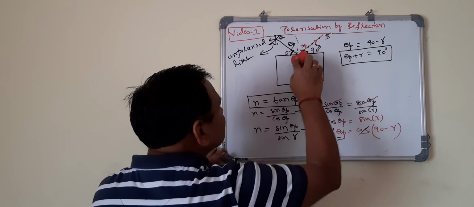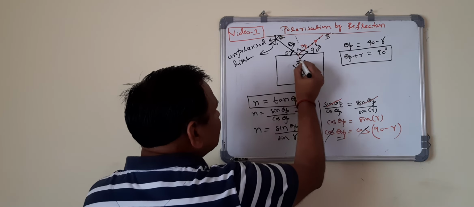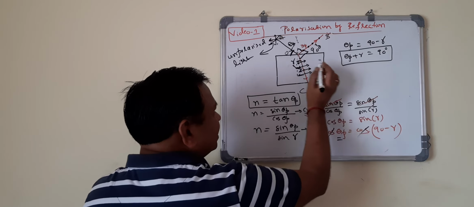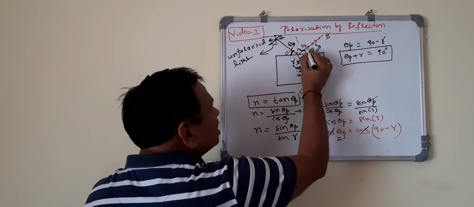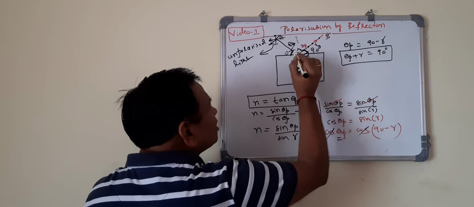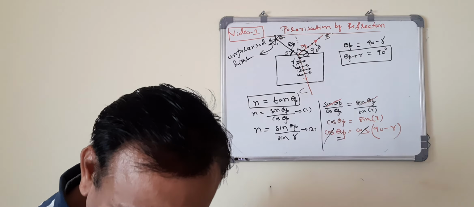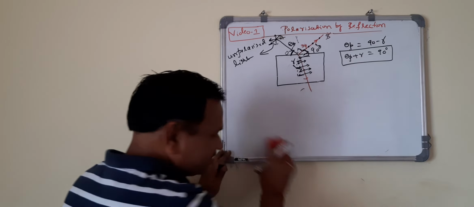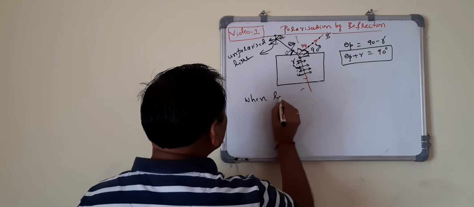This plus this, theta p. What is theta p? This angle. And this is what? R. These together, it is equal to what? 90 degree. Then certainly, the angle between the reflected ray and refracted ray is also 90 degree. That means, according to Brewster's law, when light is polarized,